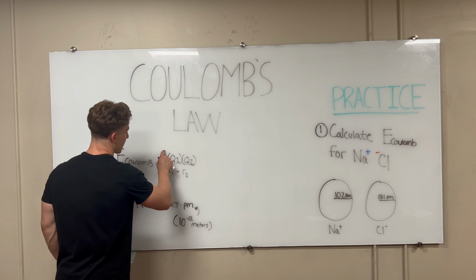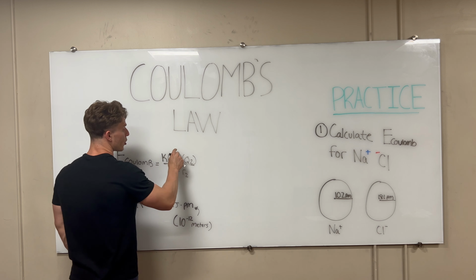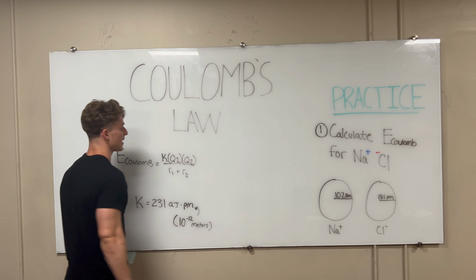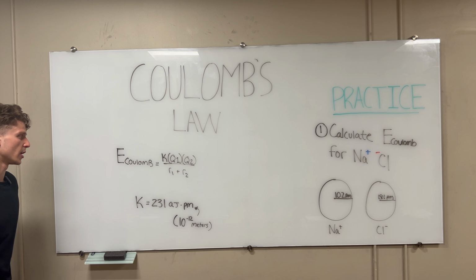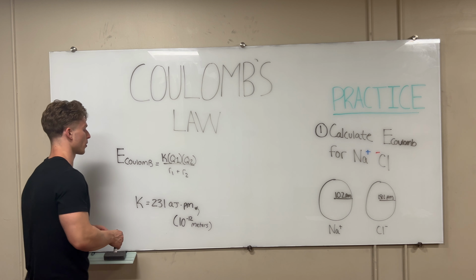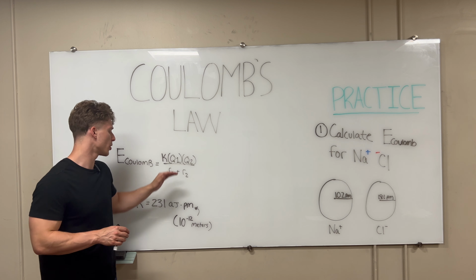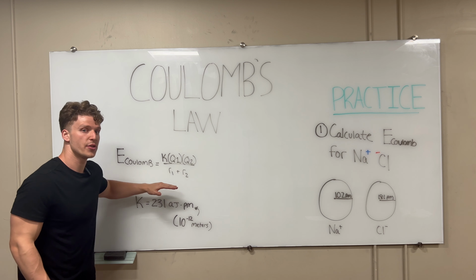So once we have K, we multiply that by the charge of the first species, multiply it again by the charge of the second species. So Q1 and Q2 represent the two charges that we're dealing with, whether it be +1, -1, +2, and so on and so forth. So that's the numerator. In the denominator, we're actually going to add up the radii of the two species that